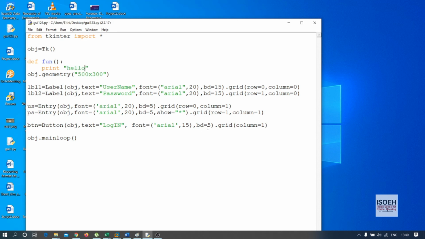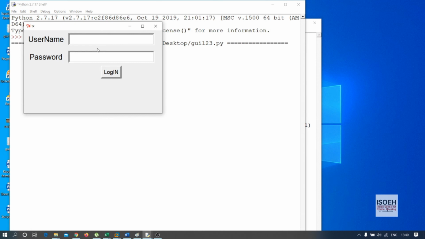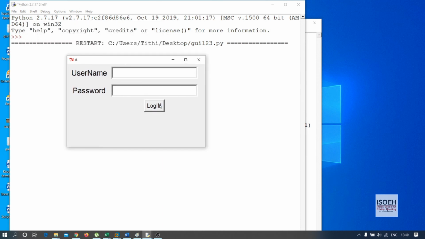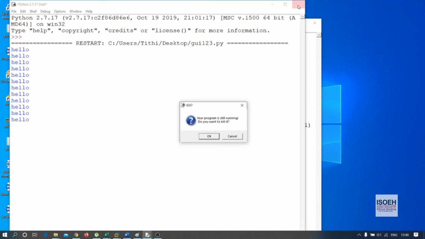Then after the bd, you have to use a parameter called command equal to the function name. Okay, but you cannot use the brackets. You have to only pass the function name. Run it. When you click on this login button, now hello is coming. Now you can put any function you want.